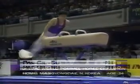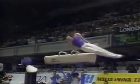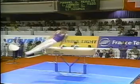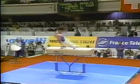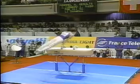Pai Gil-soo from the People's Republic of Korea. This routine is going to blow you away. He's the two-time world champion on this event, and he has revolutionized swing technique and difficulty. Watch this. On one pommel, so many times around, then he's going to switch over to the other pommel